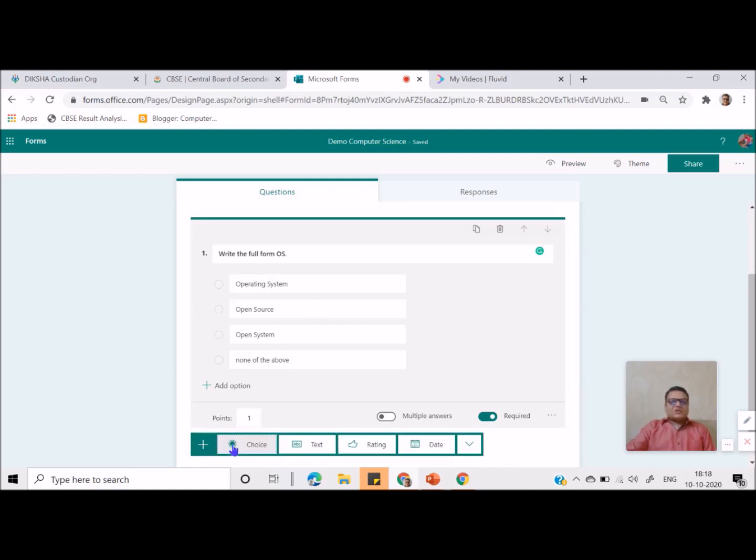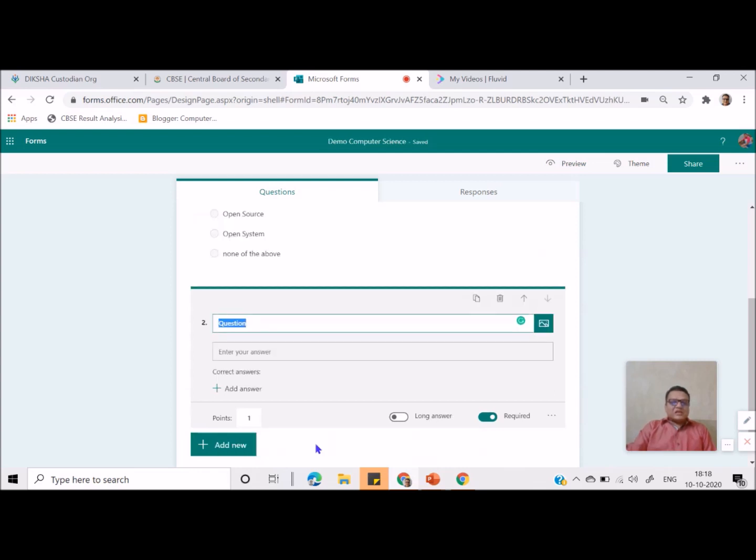Now, let's say another question wherein I'm taking text. Now, I am giving a chance to a student to write the answer. So, I say write the command which will add a new column in a existing table. So, this is my question. So, now student can write anything. Herein student can write anything. I'll say in the existing table.